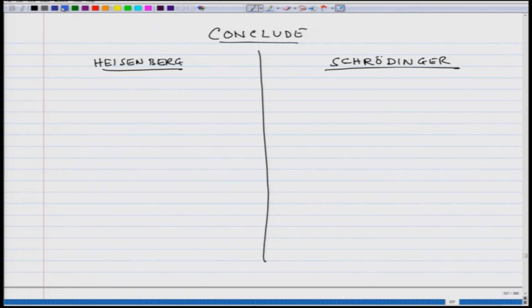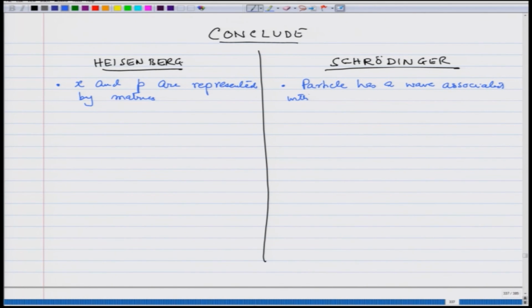In Heisenberg's picture, the x and p are represented by matrices. In the Schrodinger picture, a particle has a wave associated with it, which is known as the wave function,